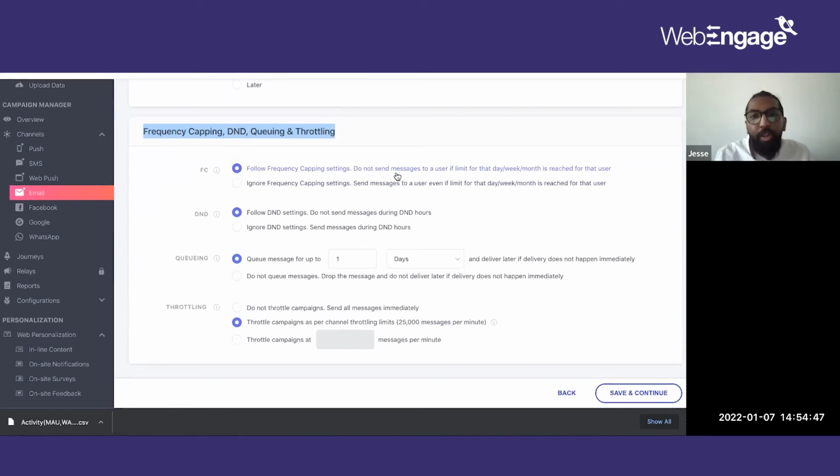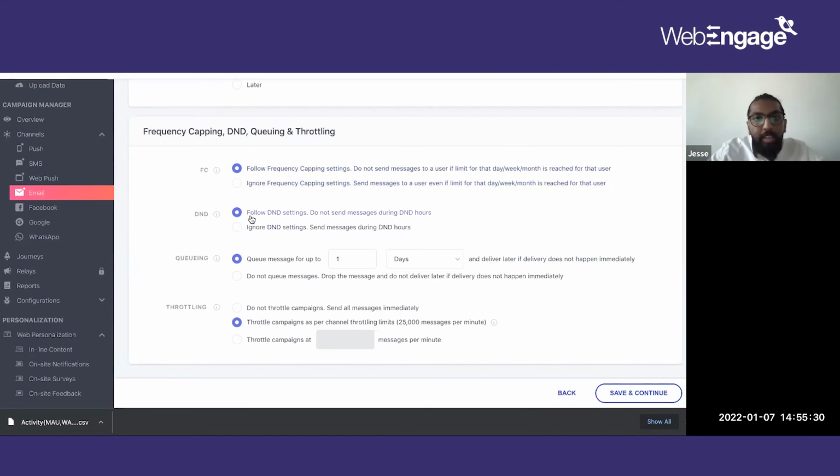So if I want to follow frequency capping settings, say, for example, if a user is eligible to receive communication from 2 journeys at one point in time, that could probably confuse the user, right? So then you can tick on the option to follow frequency capping settings, which you have set at an account level. So whatever you set at an account level has precedence over what a campaign level setting would be at the end of the day. So you can also ignore frequency capping here, which means if a user is eligible to receive 2 messages, they can be receiving it. Say if it's a transactional message, then you would probably want it to ignore frequency capping, right? So then it has to be sent to the user. So you have the option to tick and untick that.